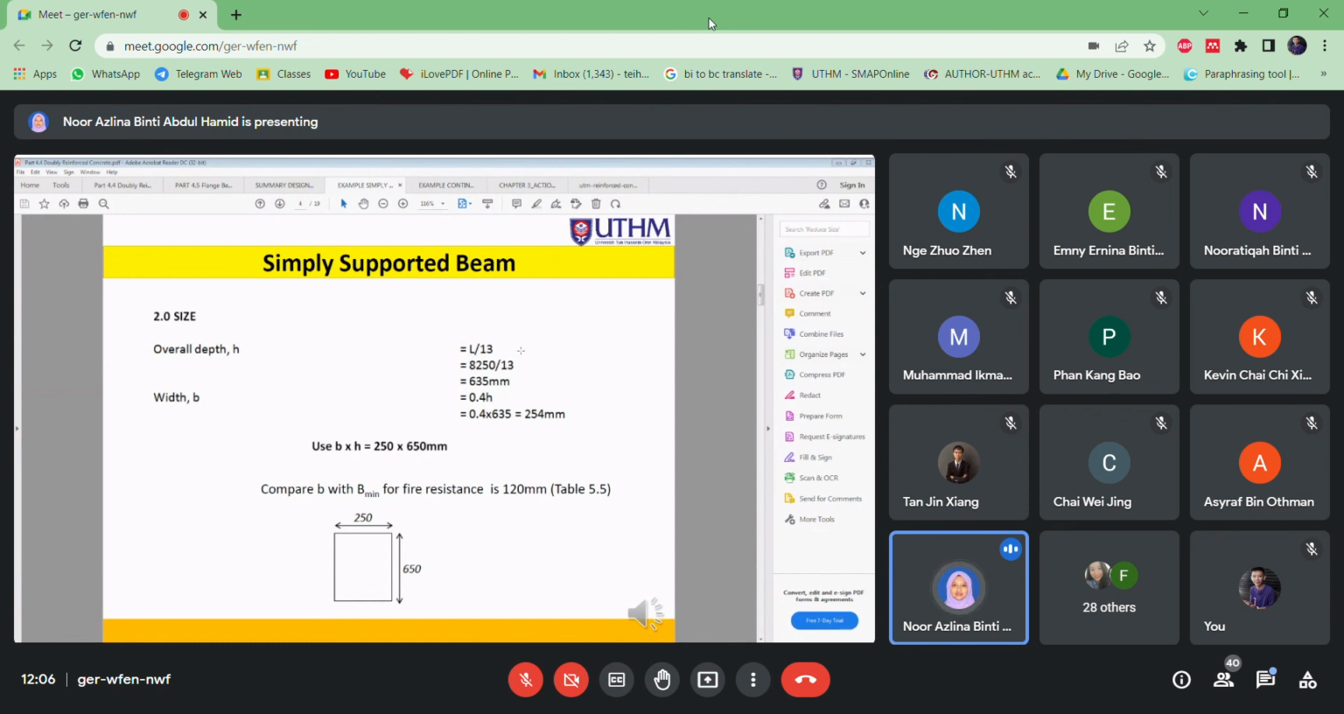which is I can say might be from Prof. Salih Yassin, Dr. Ramli, which is all of this we call it as a SIFU, our SIFU from UTM kan, all the notes for the design. So this is guidelines lah, which is L divided by 13. Ada juga orang buat L